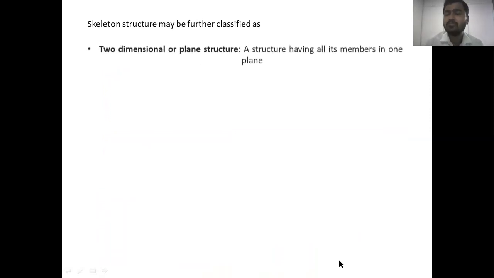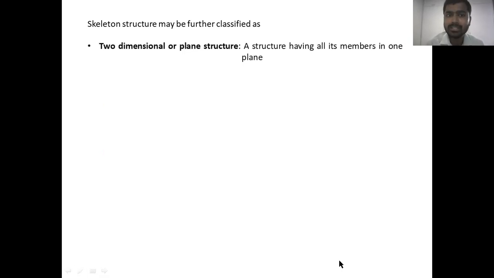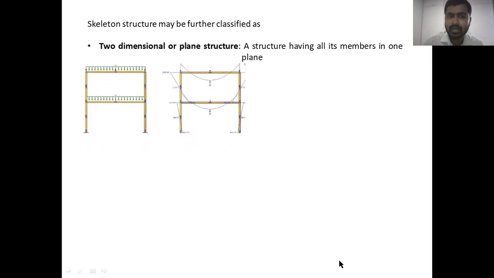Now if you talk about two-dimensional, two dimensional is nothing but we have a y axis and an x axis. So we have only two axes. That frame we call a plane frame or a 2D structure. Now if you take the example I have given here, you can see we have a y axis and here we have an x axis. I have even given a loading on this one, and with this loading pattern I have even drawn the shear force and bending moment diagram here. Now let us go with our next concept.